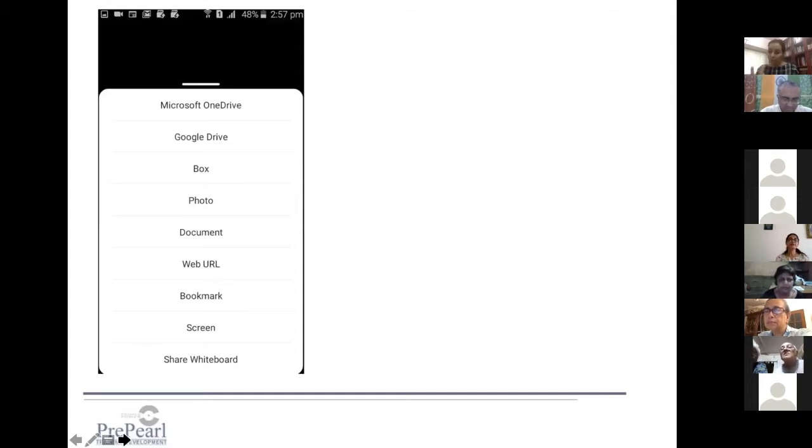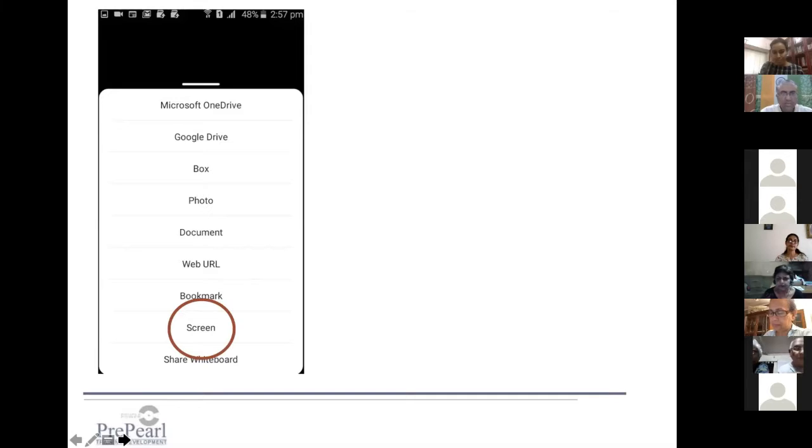And in your mobile, this is what the interface will look like. If you click on share, these are all of the different options that you will get. Okay, so if some of you are on your cell phone, and if you click on that right now, in fact, you see the same thing on your cell phone. And over here, all you need to do is just go to screen. That means whatever you see on your phone, everyone will be able to see.